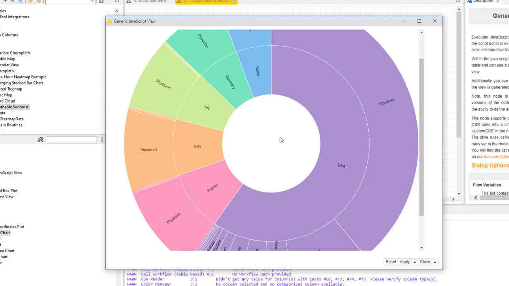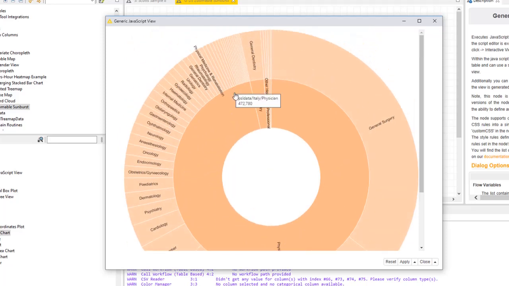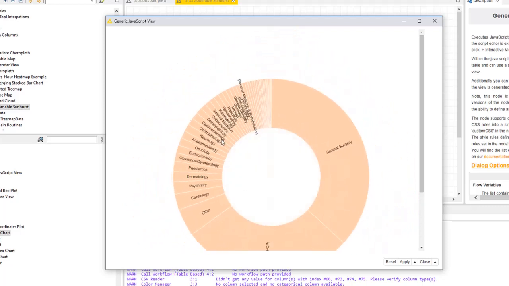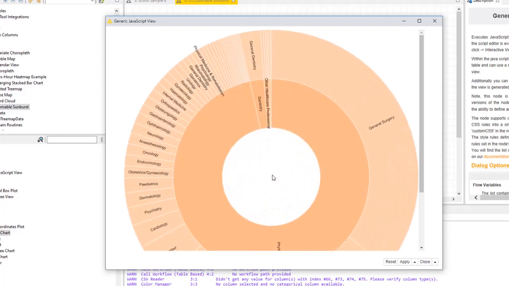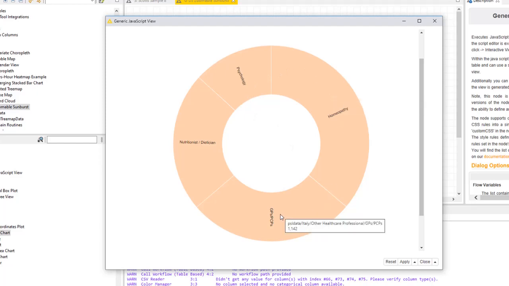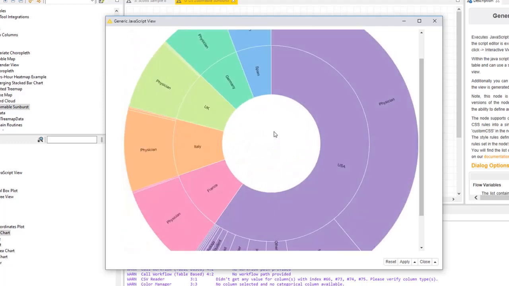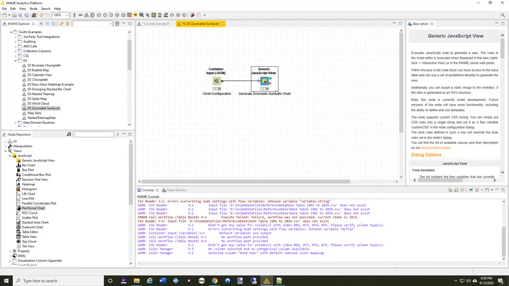As I look through here, say I want to drill deeper into Italy. Most of the people are physicians, but I have some dentistry. Within physician, I can see there are lots of other different types of physicians. But what's this other healthcare professional? I'll zoom in here: psychology, homeopathy, GPs, and nutritionists. And now I'll zoom back out. So this is a demonstration of how you can make use of that D3